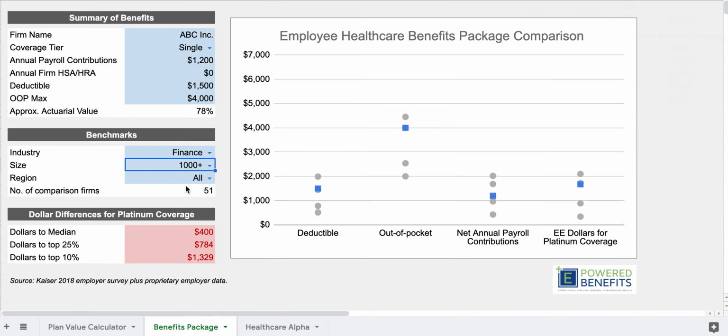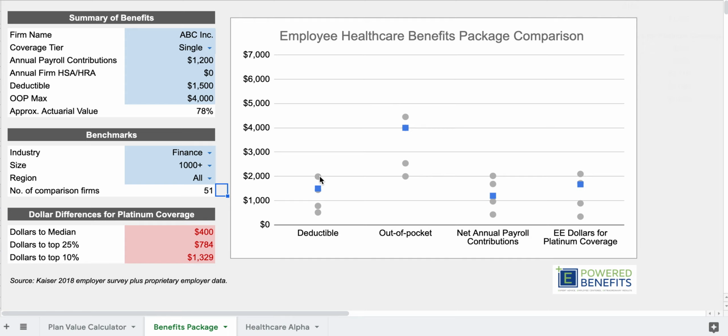The next one looks at the benefit package itself. You can choose the coverage tier, single or family, payroll contributions, any sort of account contributions in HSA, and then just two simple variables for plan design: deductible and out-of-pocket max, as well as the benchmark. So here we have it just as a finance firm with 1,000 employees across all regions. There's 51 firms to compare it against, and it's kind of looking at the